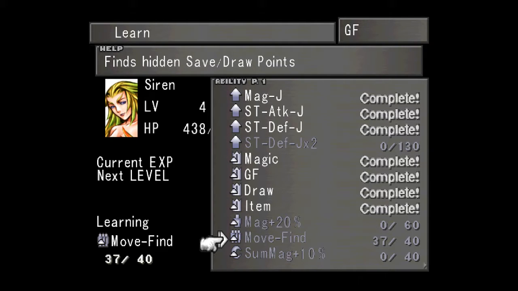There are a bunch of hidden draw points everywhere, and with Siren's Move Find ability, she can find them. They will be shown on screen, or if you are running along and you know where they are, you can kind of find them. So yeah,